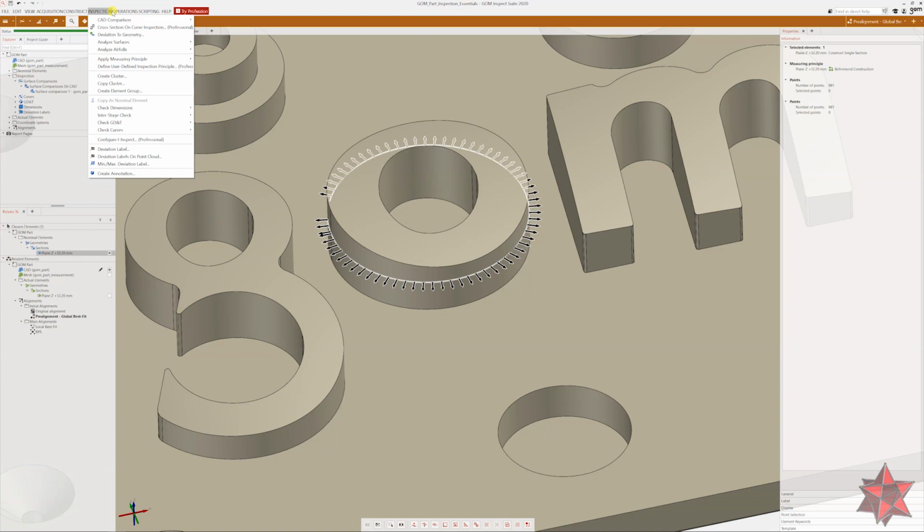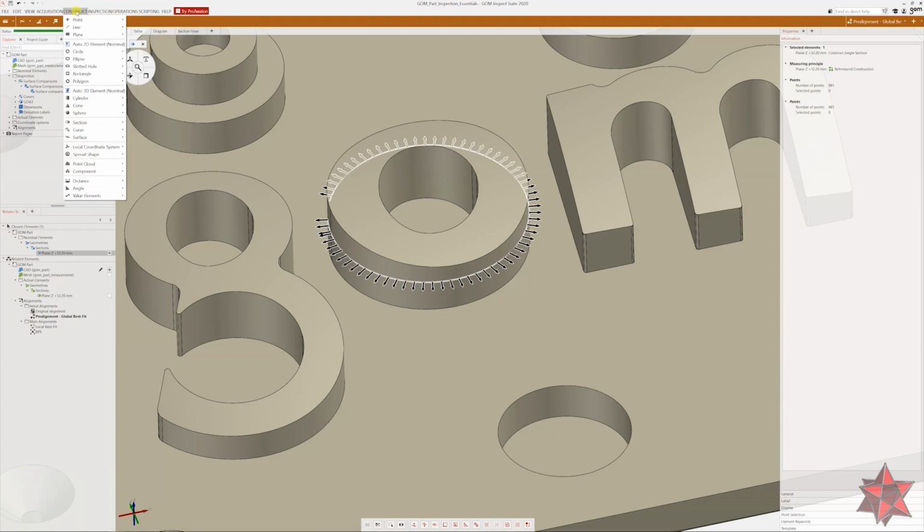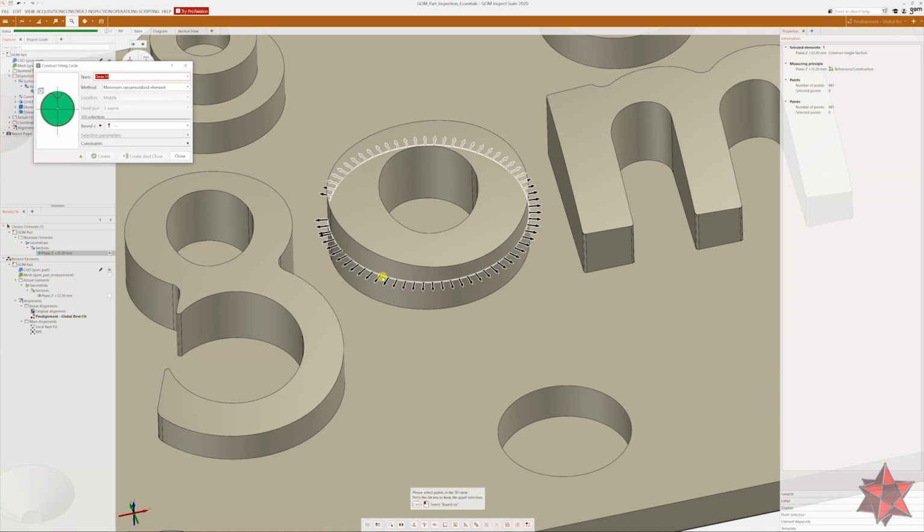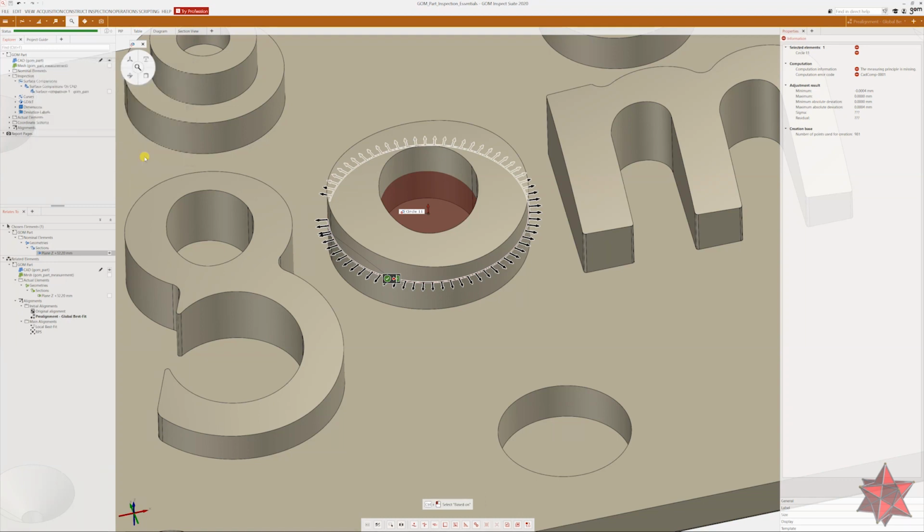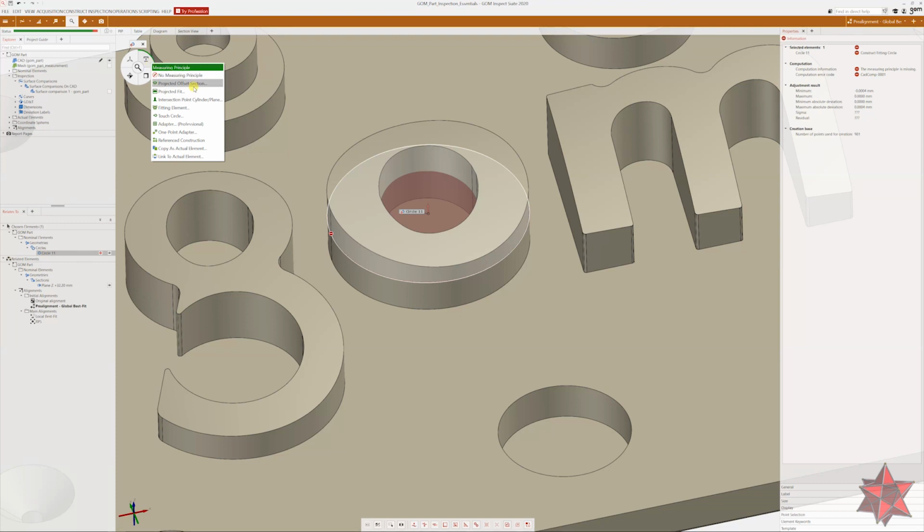And now we want to do a circle, so go to construct, go to circle, fitting circle, and Control-click on the section, and you will get the circle. Create and close. And now we can put the measuring principle,